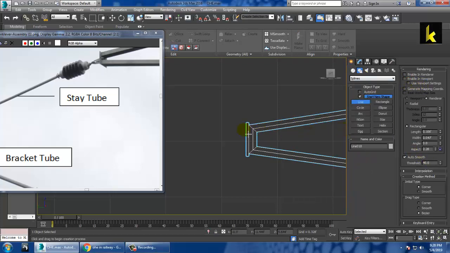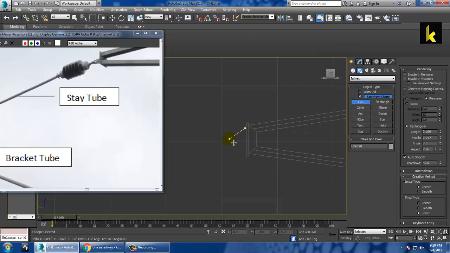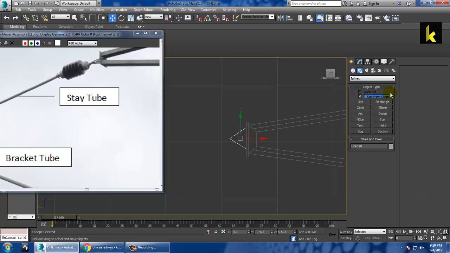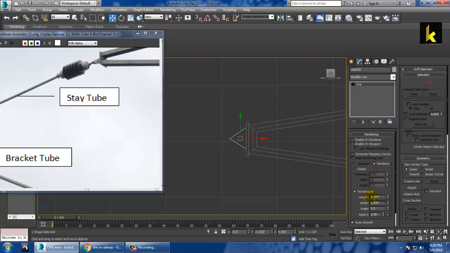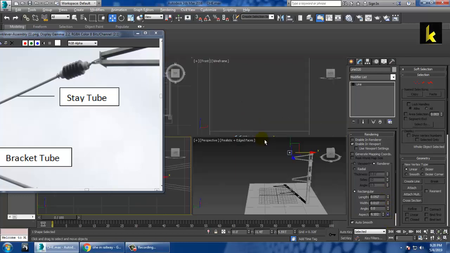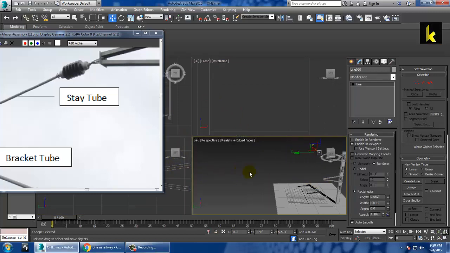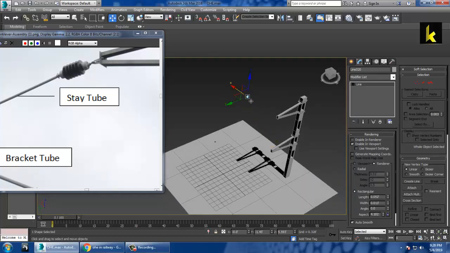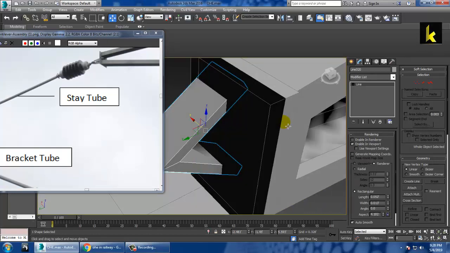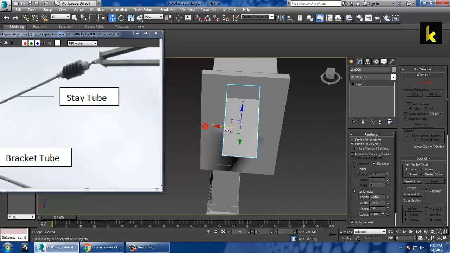That's your enable in viewport option, and reduce the stuff over here, push it a bit inside. Now the next part over here is just drag it over here, reduce this part. Okay, now